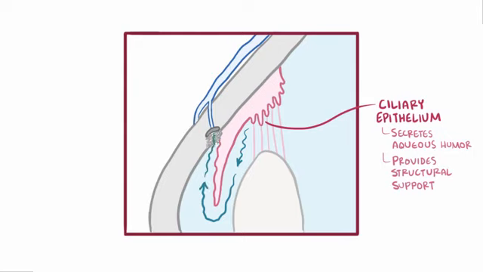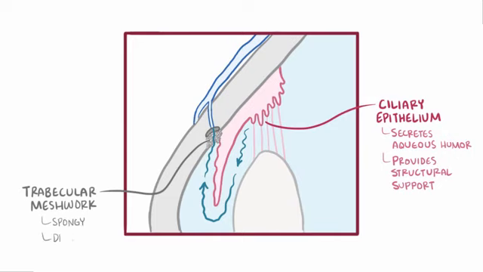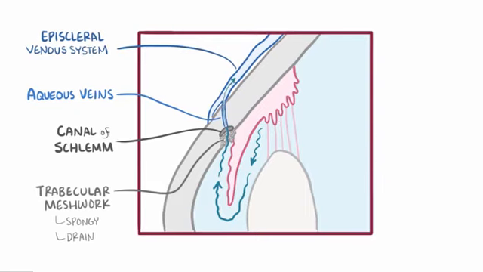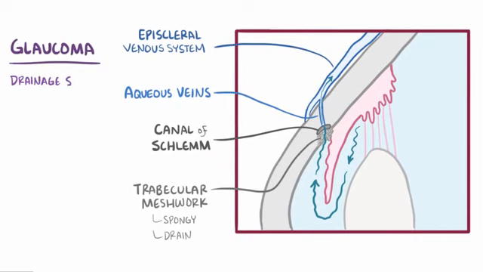From there, the fluid flows out of the eye through the trabecular meshwork, which is a spongy tissue that acts like a drain. And this allows the fluid to go down into a circular channel called the canal of Schlemm, and finally into the aqueous veins, which are part of the episcleral venous system, the veins around the sclera of the eye. In glaucoma, part of this aqueous humor drainage pathway becomes partially or completely blocked, so that fluid can't